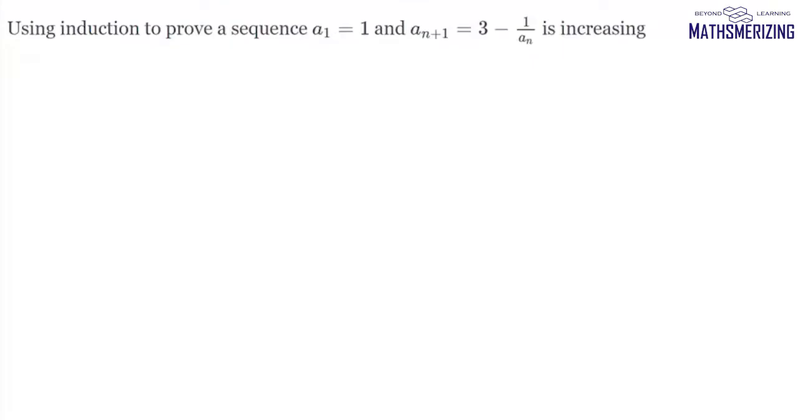It says, using induction, prove that the sequence a1 equals 1 and an plus 1 equals 3 minus 1 upon an is an increasing sequence. Now we are given that an plus 1 is 3 minus 1 upon an. Now we can find a2, and a2 will be 3 minus 1 upon a1, and the value of a1 is 1. So a2 is 2. Now our statement is